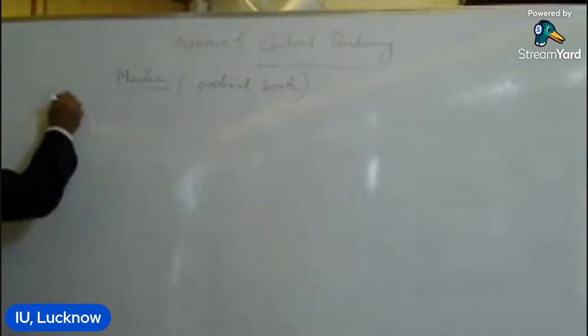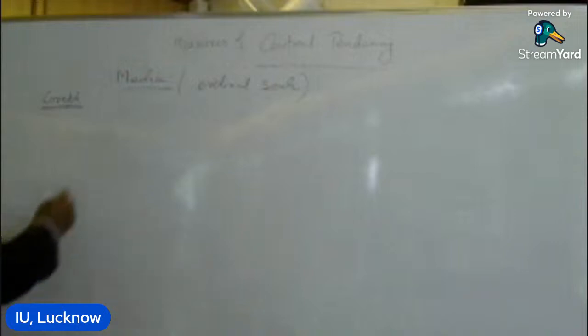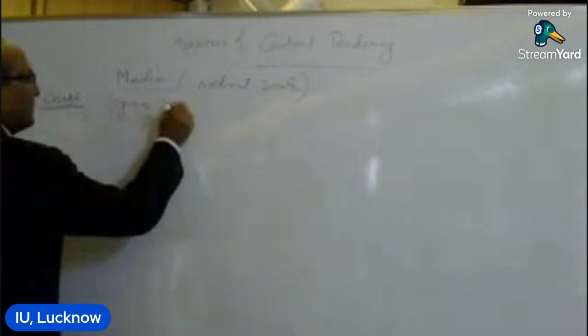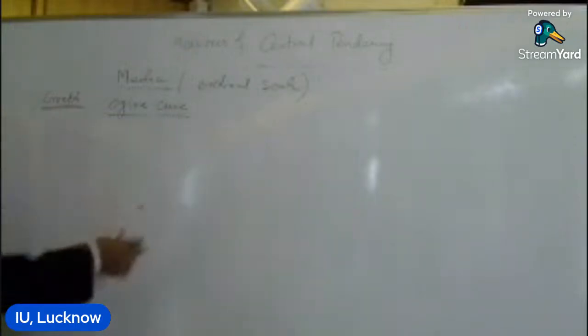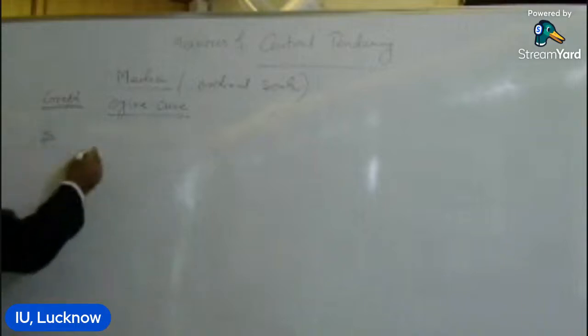Now the median can also be computed through a graph. And which graph will give you the answer of the median? This is known as the Ogive curve. The Ogive curve is used to find the value of the median. So we just take an example and draw a graph. So just take a class example,